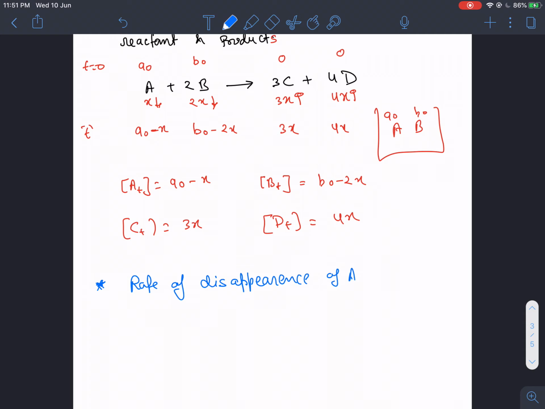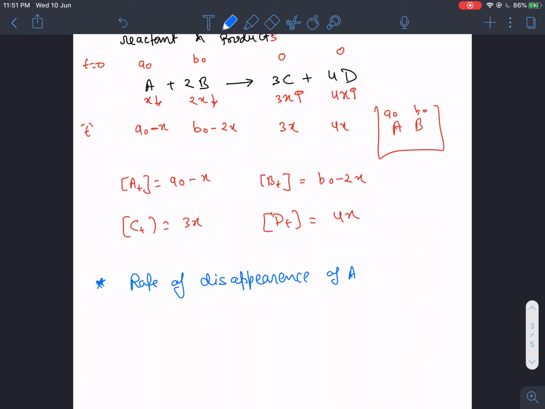Rate of disappearance of A. So how am I going to write it? This is denoted by minus dA by dt. Why am I putting a minus sign? Because I am already saying that they are disappearing, I mean their concentration is decreasing. So dA with time, if A is decreasing, will obviously be negative. If delta A is negative, to make it positive I am substituting a negative sign, right? Because I use the word disappearance, the whole value should be positive. So for that I took just the negative sign.